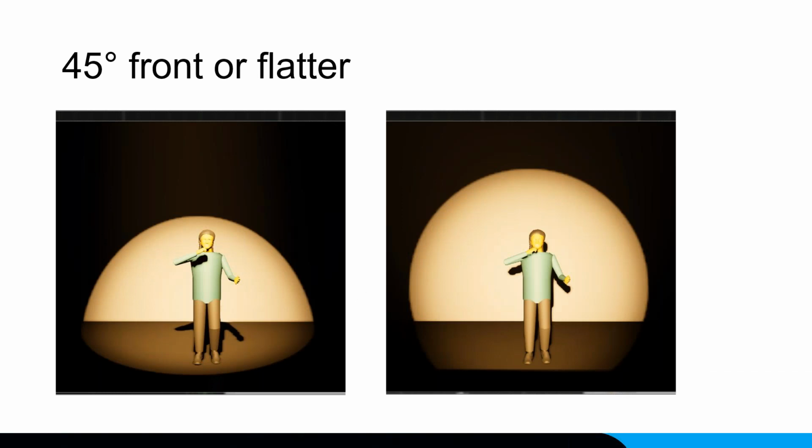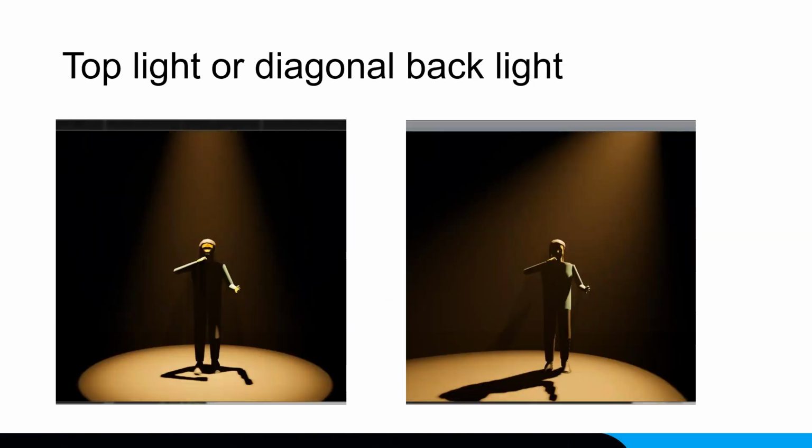Each one of these lights, looking at these simple drawings, each one of these angles gives you a different result. 45 degrees from the front looks different than flatter from the front. Top light from straight above looks different than diagonal backlight. Each one of these by itself is very dramatic and perhaps not very appropriate, although you sometimes want those if you're talking about quieter services, if you're doing solo artists, if you have individual control over these lights,